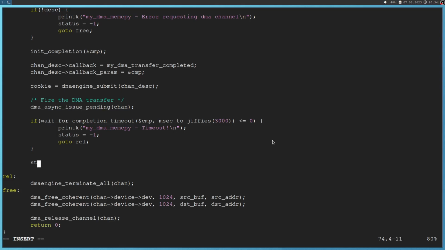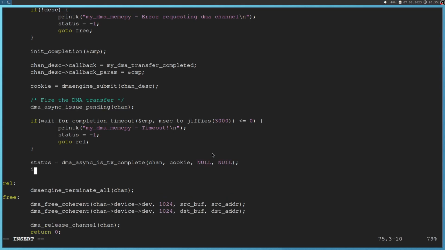Okay, now let's take a look if the transfer was successful. Therefore, I can use, so I have saved this cookie here. And over this cookie, I can get the current state of my DMA channel. So with DMA async is tx complete, I can check if the transfer has completed. Here I have to pass in my channel and my cookie, and then 2 times null. I guess these are filter variables too, but I'm not 100% sure. And if the status is equal to DMA complete,